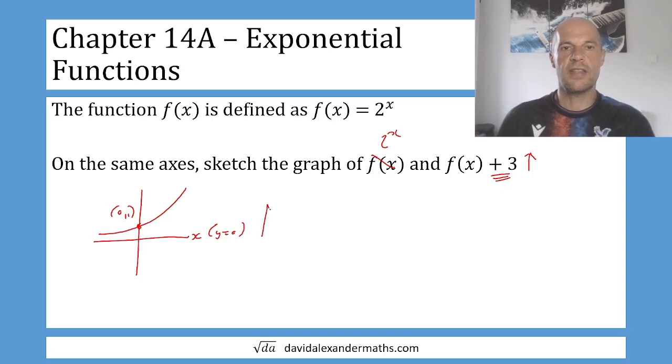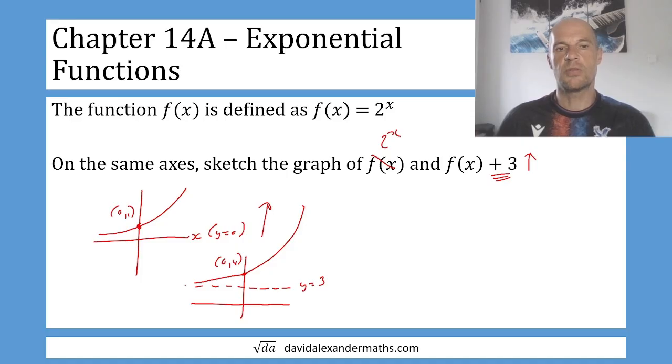So if I'm moving everything up 3, that means everything including the asymptote will move up 3. So here is my asymptote, which is the line y equals 3. My y-intercept won't be 0, 1, it will now be 0, 4. And again, there we go. That is all we need to show. We don't need to worry about anything else, just the equation of the asymptote and where it's cutting through on